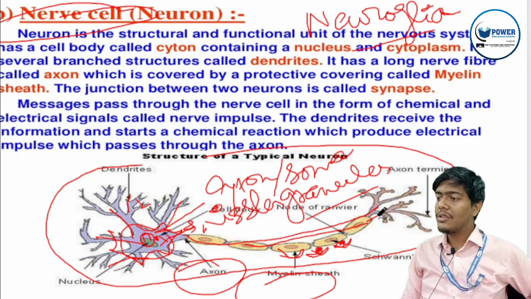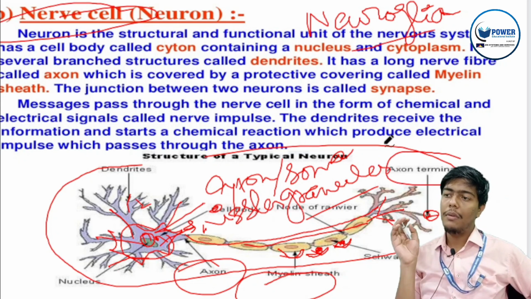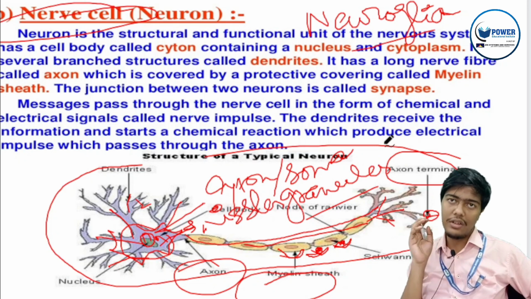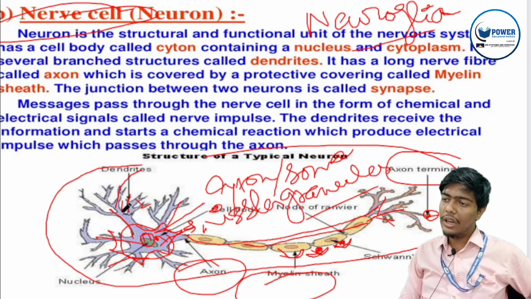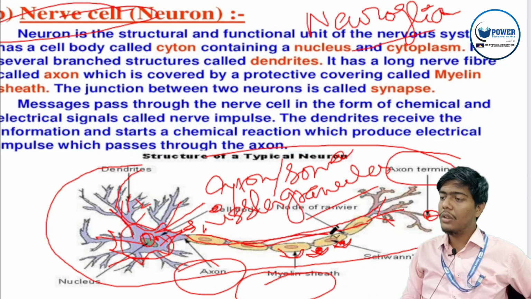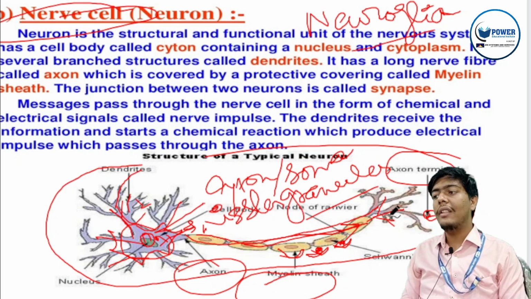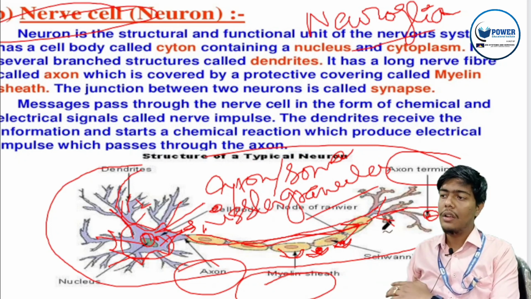And that axon has some axon terminals which end in bulb-like structures known as synaptic bulbs. So this is basically the detailed structure known as a neuron. This neuron receives a signal from the dendrite from another neuron, and this signal is transferred to the axon by conduction of the impulse, and then this signal is transferred from the axon of one neuron to another at the junction known as synapse